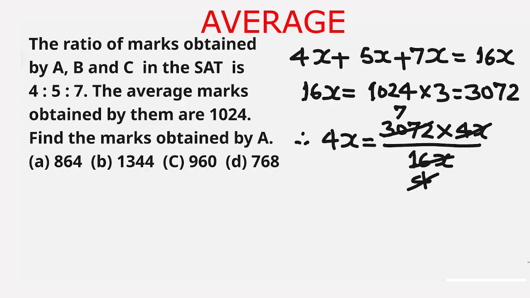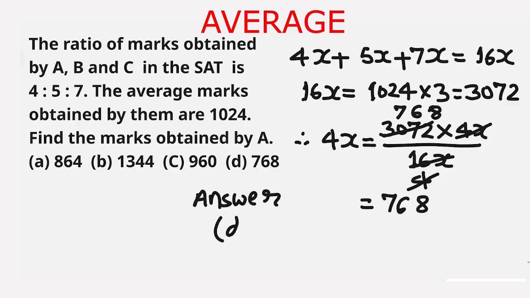It becomes 27. 4 divides 27 for 6 times. 6 times 4 is 24. 27 minus 24 is 3. We carry 3. It becomes 32. And 4 divides 32 for 8 times. So this is equal to 768 marks. So A scores 768 marks. And from the given options, our answer is